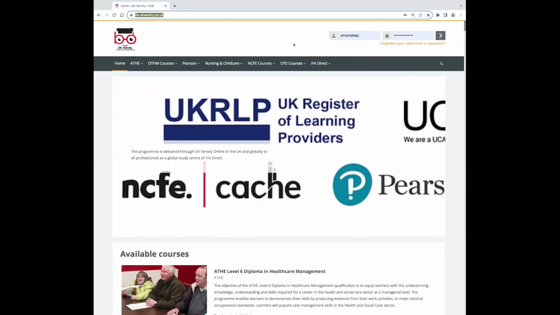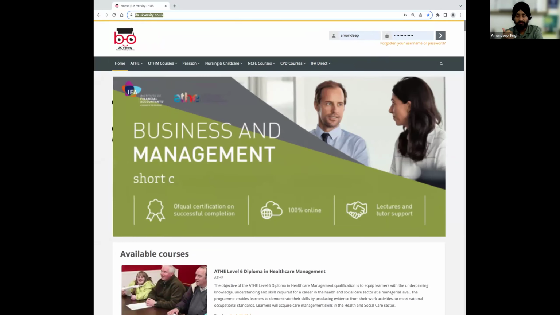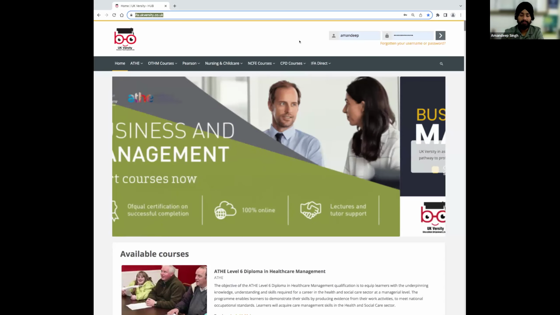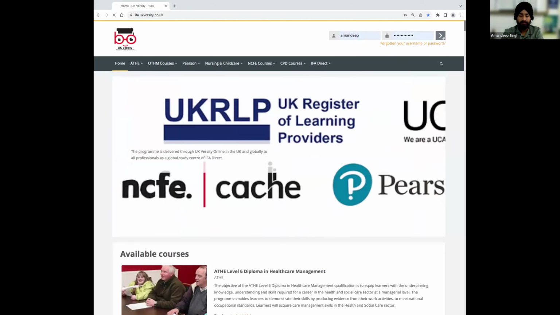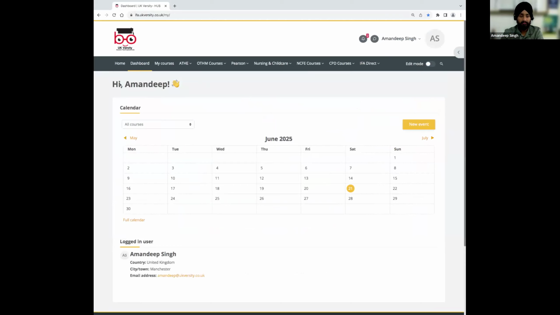You must have received 3 or 4 emails in the starting of the registration period, in which the first one will be the registration confirmation, and the second one would be the username and password of the Moodle IT details. Once you put in your username, it will be in lowercase, and the password is case sensitive. Once you put that, you will click on this dialog box, and it will take you to the dashboard. It will greet you the same way it's greeting me as well.